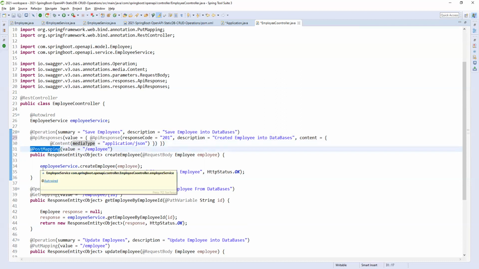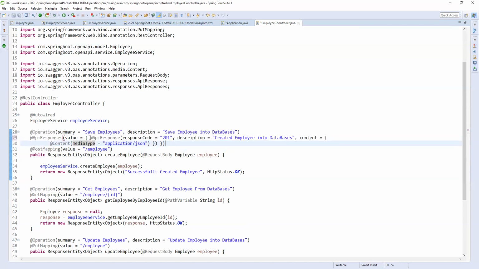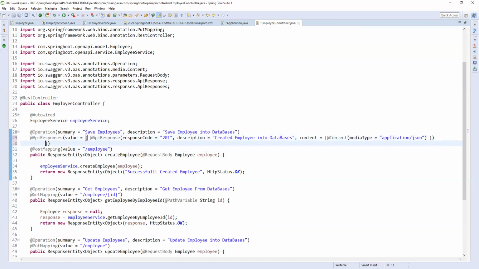And then the PostMapping. So up to here the documentation is done. If you want to add one more API response, you can add one more. Now you can give one more API response here.